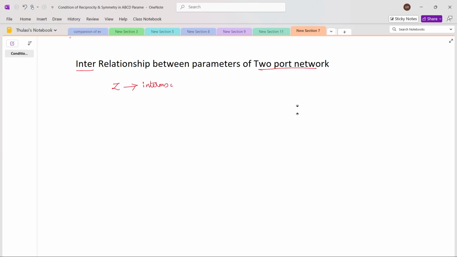sorry, z parameters in terms of y parameters, and z parameters in terms of h parameters, and z parameters in terms of ABCD parameters. Okay, so this is what we are going to follow. So now we are going to see